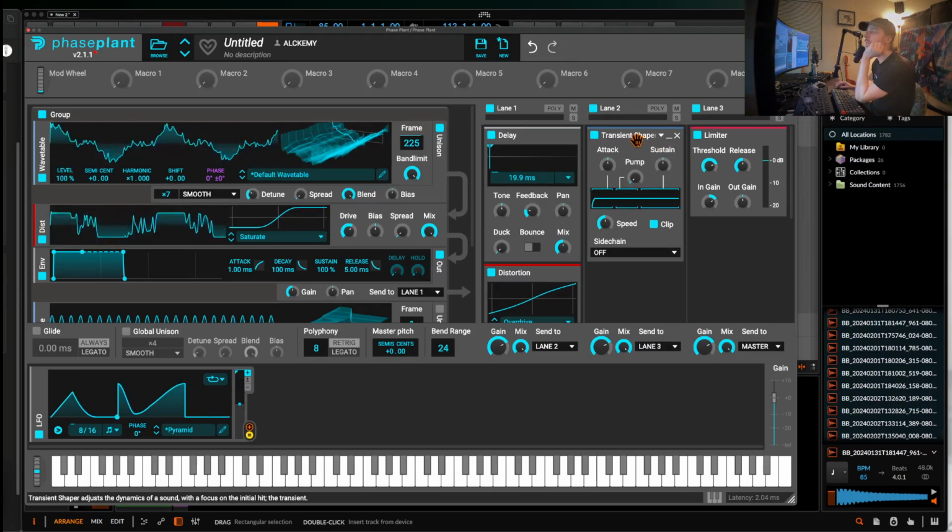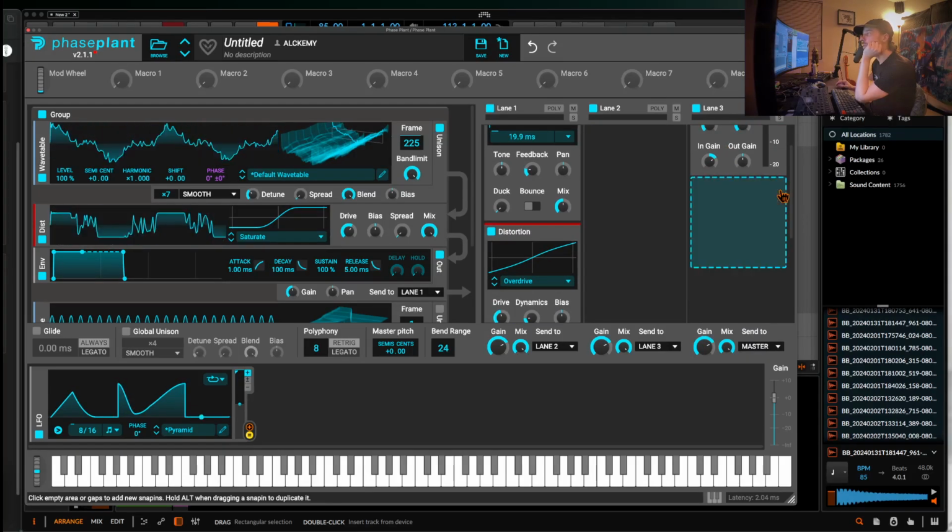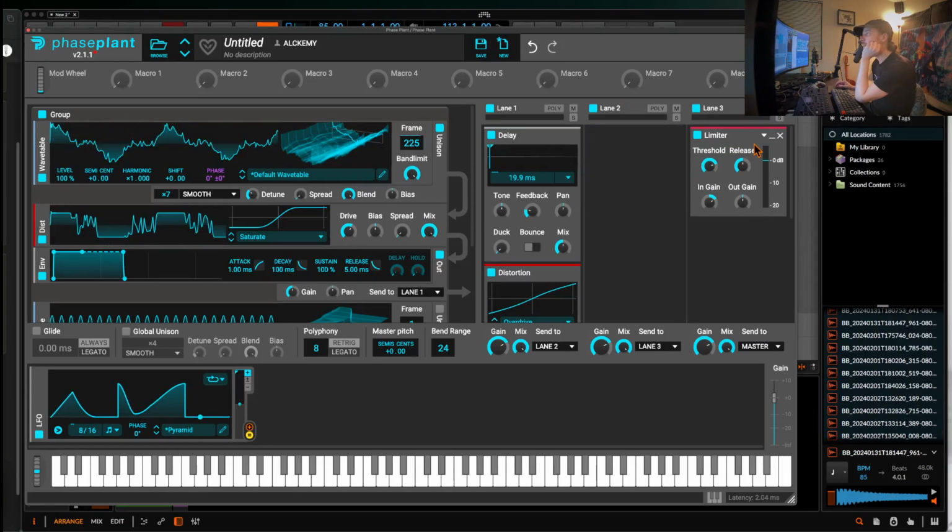But ironically, the motto of 2020 is clip it and limit, but if you actually do this on the outside, then everything is kosher. But for whatever reason, some people in my chat have explained to me that the limiter can't handle the clipping amount or something like that. I don't really know, but just try it for yourself, turn your volume down, you'll see what I'm talking about. So